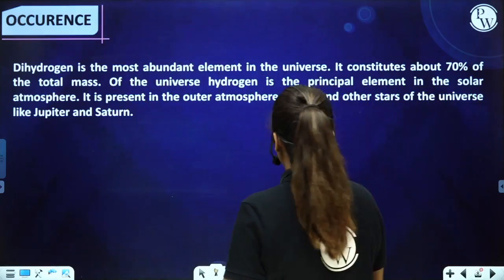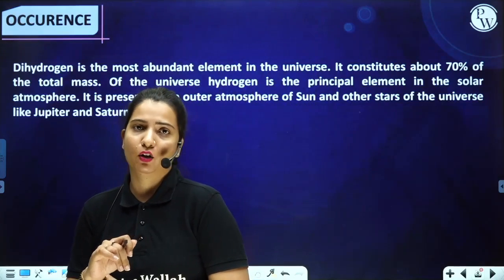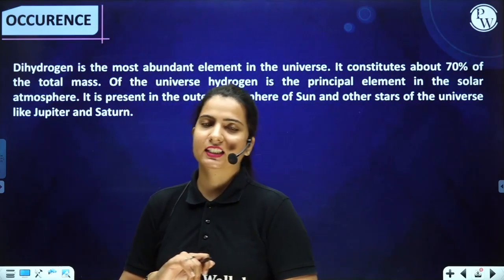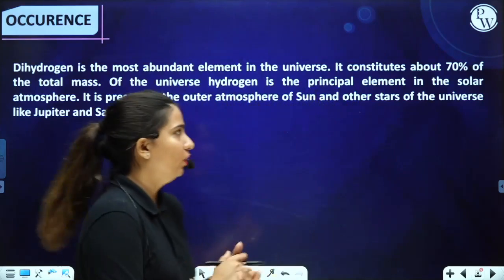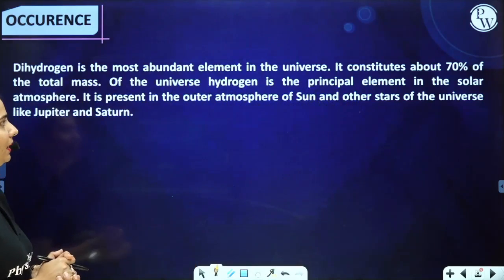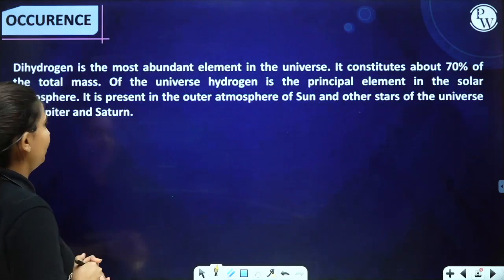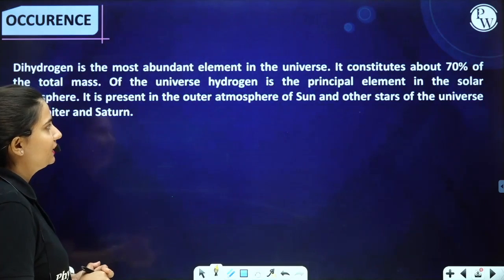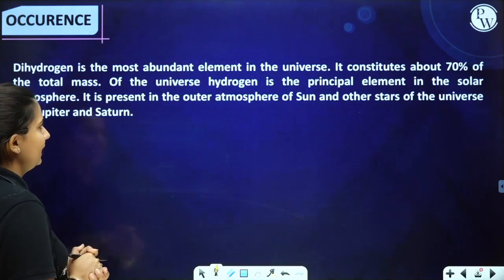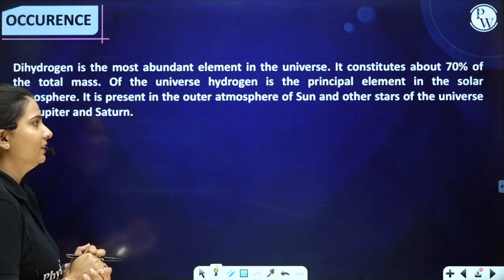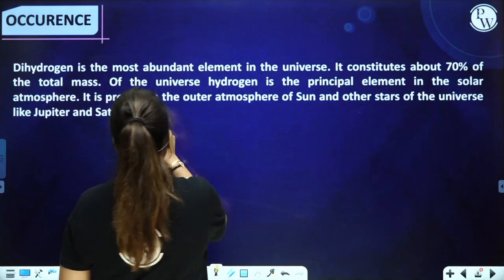First of all, we have to discuss now the compounds of the hydrogen, in which we have to discuss so many of them. First of all, we are having over here the dihydrogen. So first we have to discuss the occurrence of it. Let's have a look. Dihydrogen is the most abundant element in the universe. It constitutes about 70% of the total mass of the universe. Hydrogen is the principal element in the solar atmosphere. It is present in the outer atmosphere of Sun and other stars of the universe like Jupiter and the Saturn. So this is the simple occurrence of your